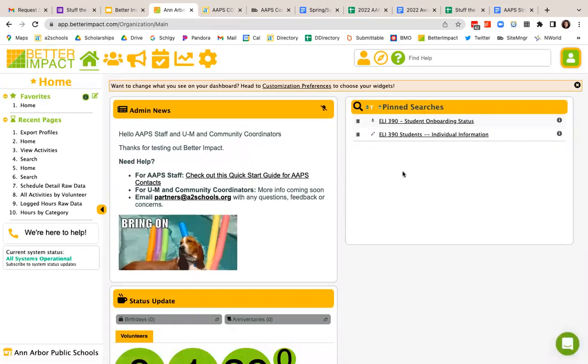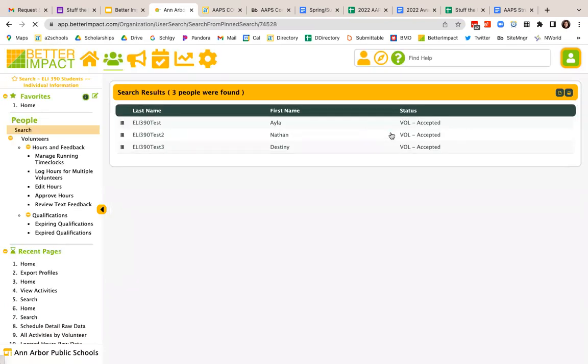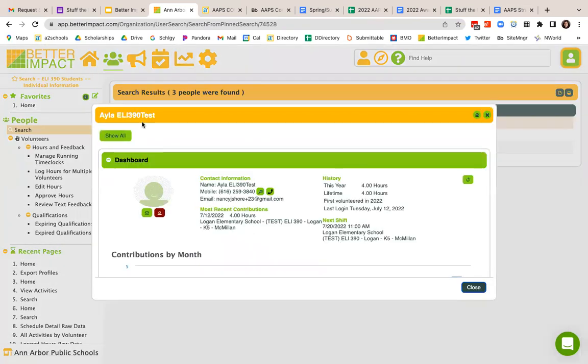And the next one is a people search. And that people search is going to allow you to see every volunteer that has come in our system from your organization or group or course, and the individual information about them. So this again are the same volunteers, those ELI 390 volunteers, but now I can actually go to view and see all the